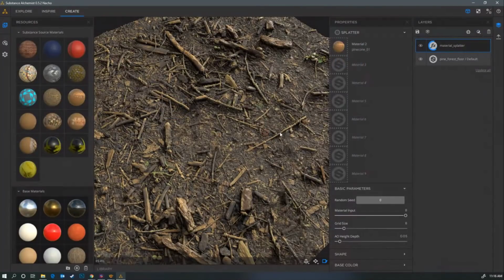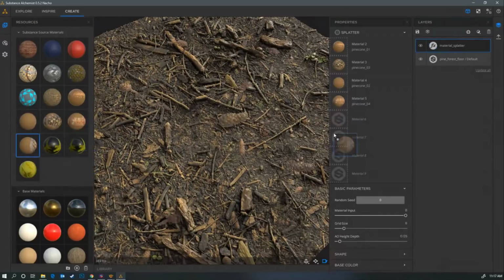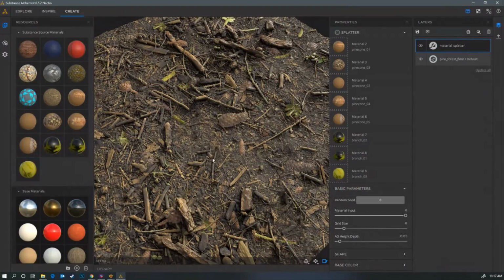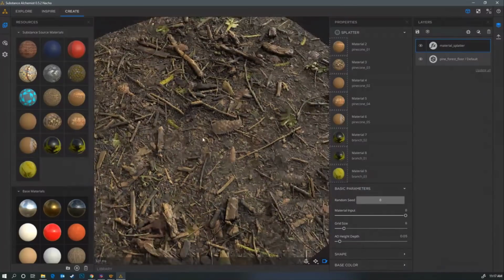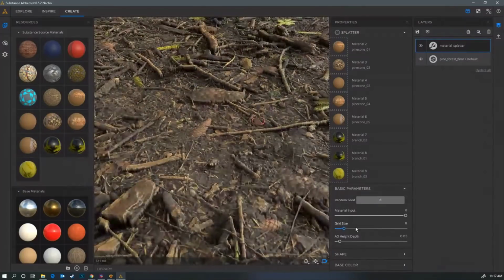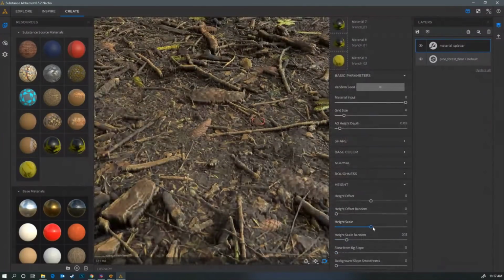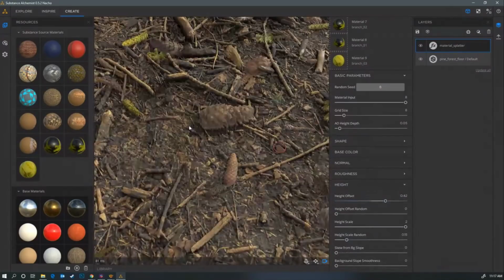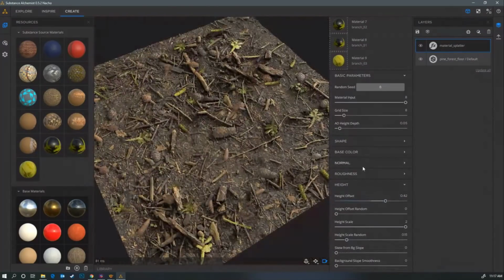And as I add them, you'll see some little objects appearing all around. I'm just going to add all of these here. These guys, and I have these little kind of branches here too. And so as I add them, you can see kind of scattering all around my texture. So right now they're a little flat, so I can just go ahead and in the height over here, I'm just going to increase the height size so you can see kind of them moving up here. Change the offsets, and so now we have all these little shapes kind of scattered around, and I can play